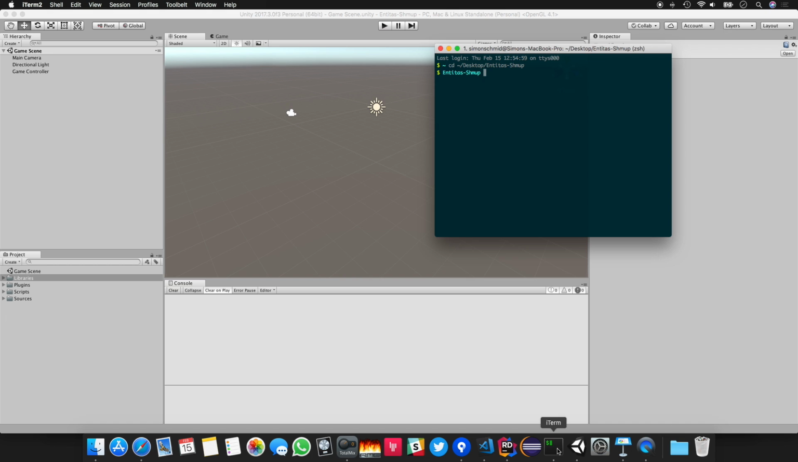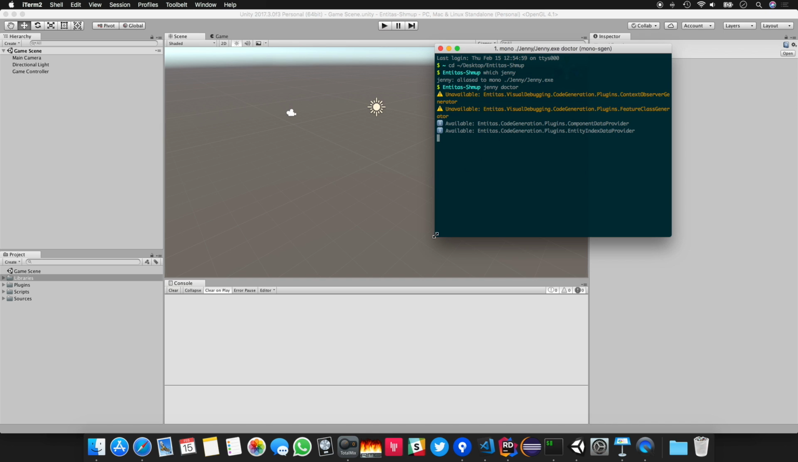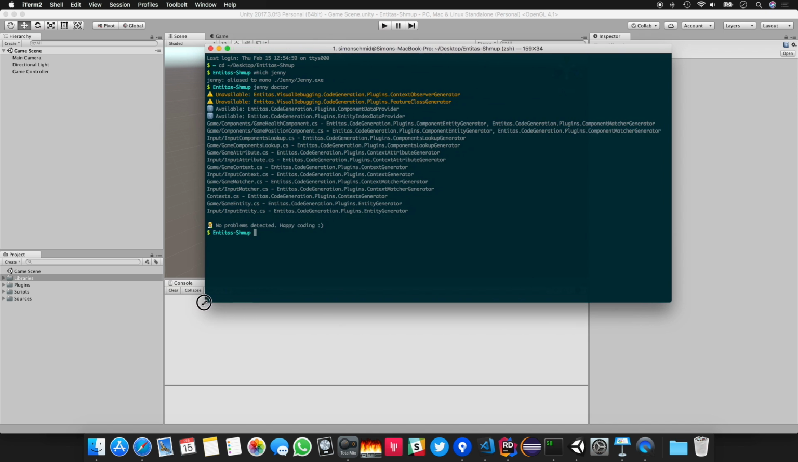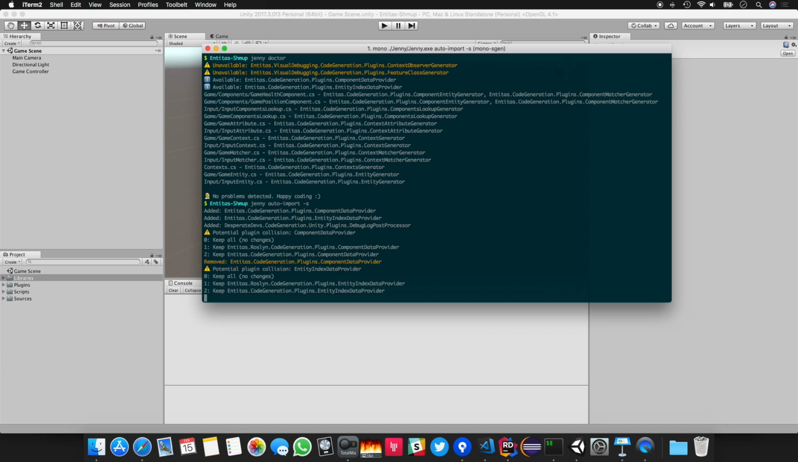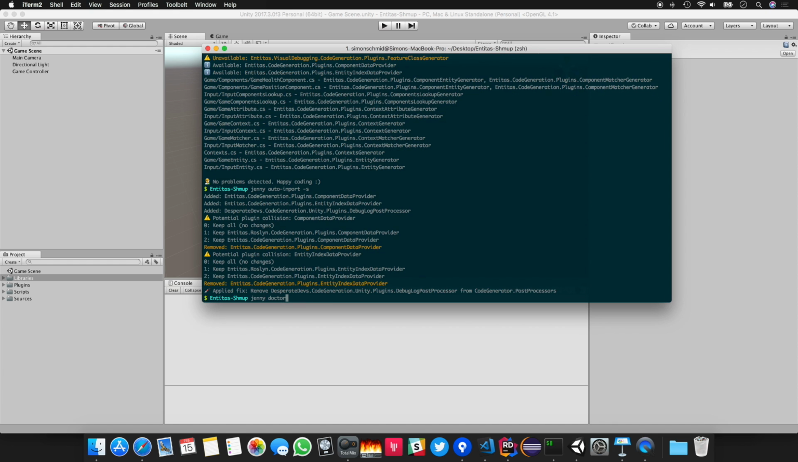So I navigate into our project root, and I've created an alias called Jenny. So whenever I write Jenny, it expands to what I've used in the first video, mono Jenny Jenny exe. So I can write Jenny doctor. And I see there are some warnings already. So this is really easy to fix by just running auto import again. And I choose Roslyn and Roslyn. Great. So if I run doctor now,